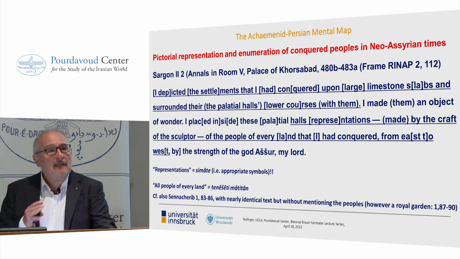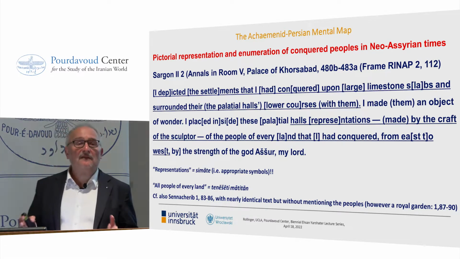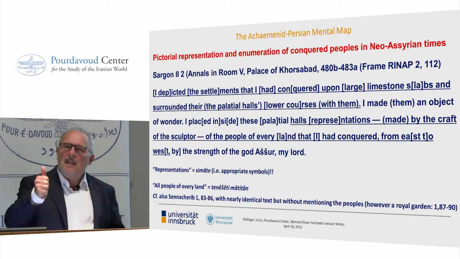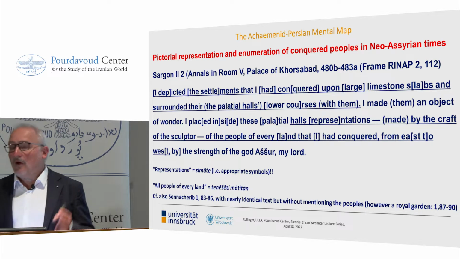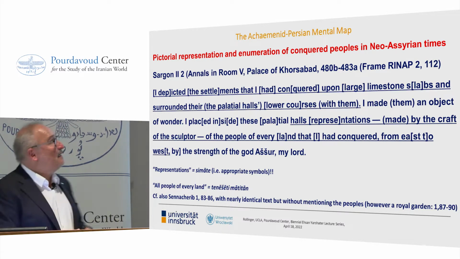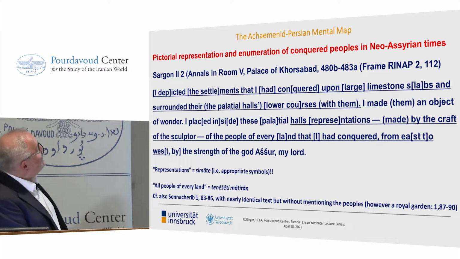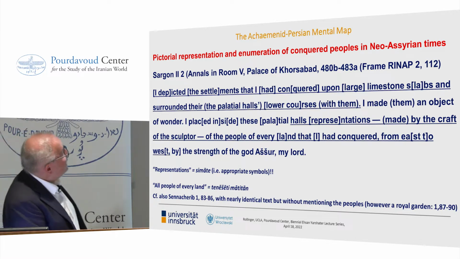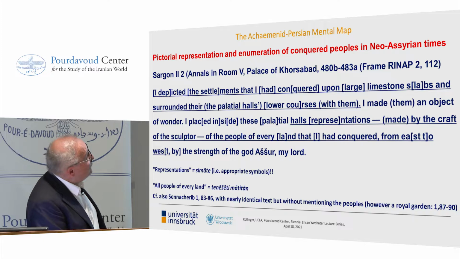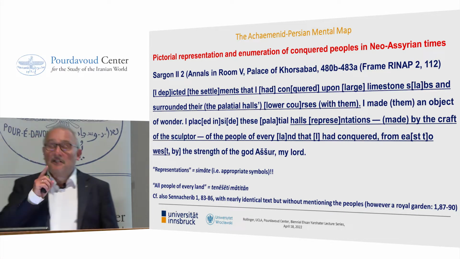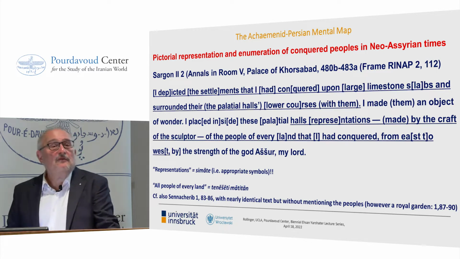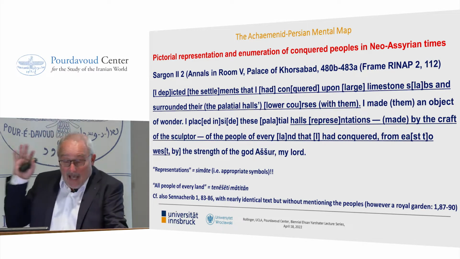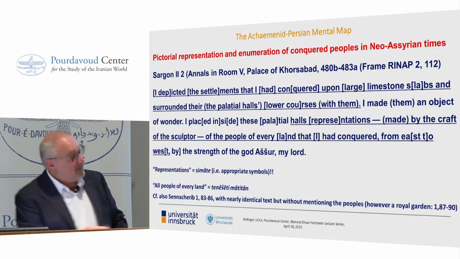Unfortunately, we do not have these images preserved of the different lands ruled by the Neo-Assyrian king, but we have at least one important text that tells us that there have been images of the lands that have been ruled by the Neo-Assyrian kings. And this is this important passage from Sargon's Annals from his palace in Khorsabad. I just read out these very important lines that will become important when you see what we have in Achaemenid Persian times. I depicted the settlements